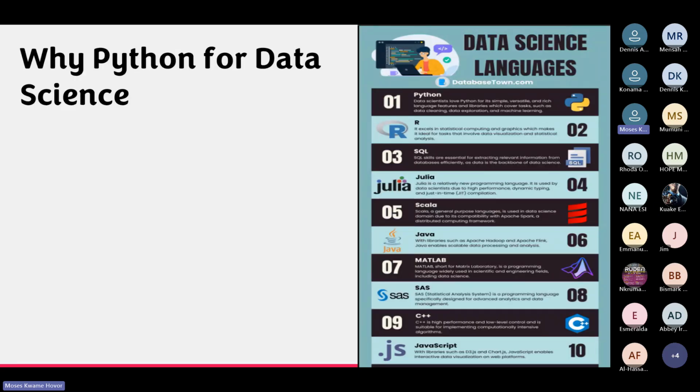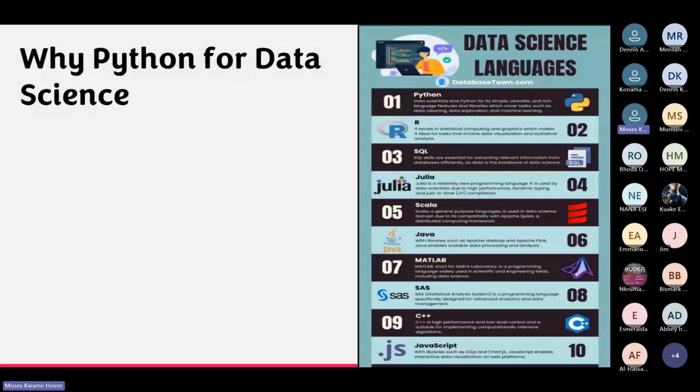But I did some research and saw from databasetown.com, when a census was done about the best programming language for data science, Python happens to be one, and then R follows, and then SQL. So that means Python is mainly used in the job market by the people we aspire to be like, data scientists and data analysts.